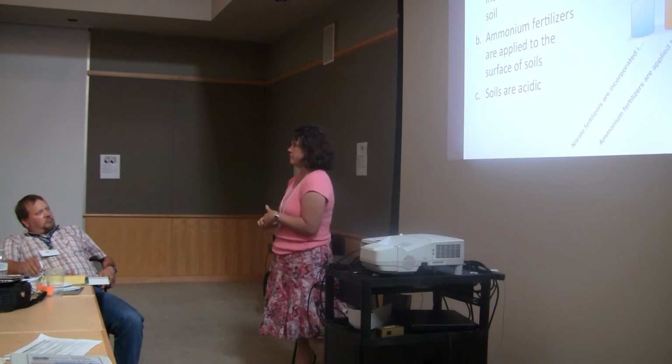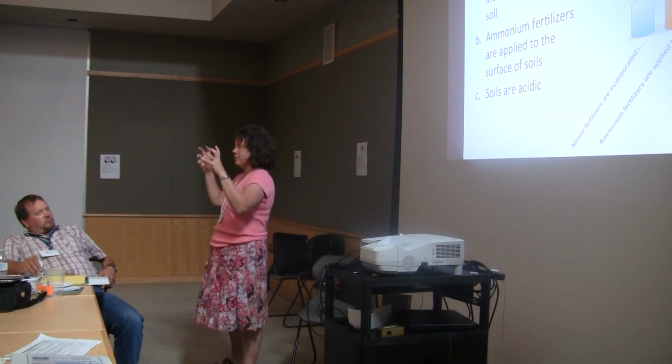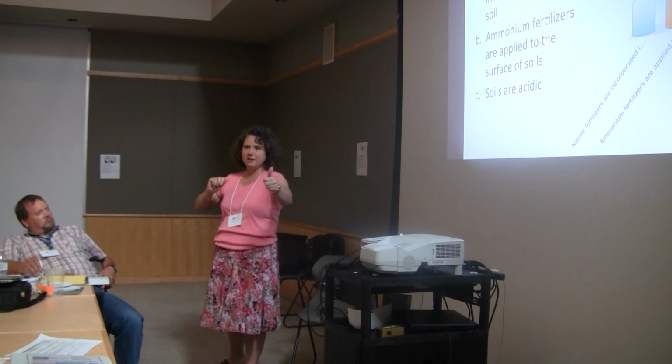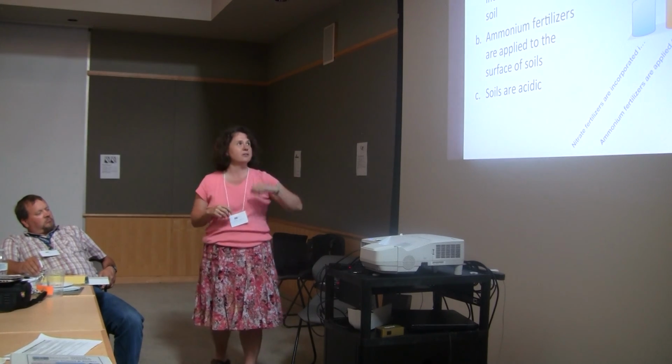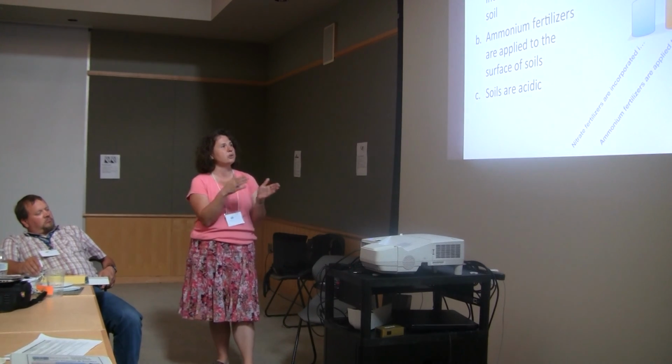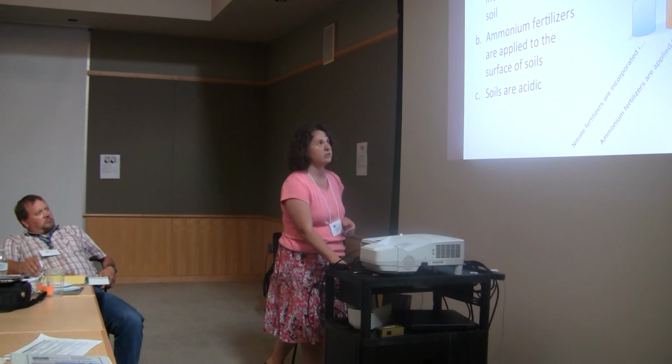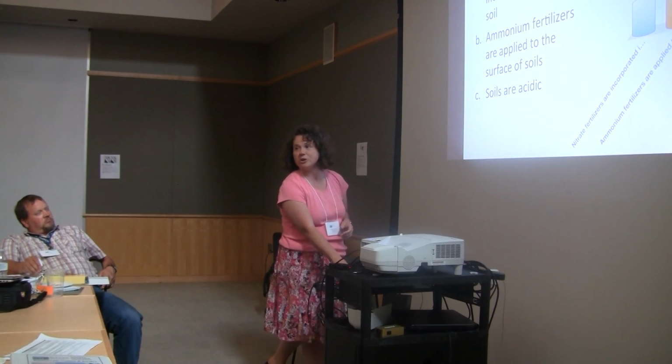So if you draw it out and you talk to the students about, all right, if you increase the reactants in this equation, it's going to go to the right. If you decrease the products, it's going to go to the left. So you can predict which way the reaction is going to go. For those of you that teach more chemistry-based